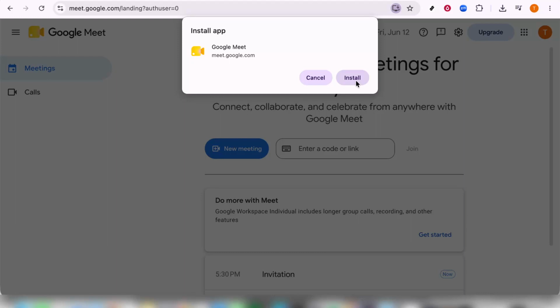If you run into any hiccups during installation, double-check your internet connection and ensure your browser is updated to the latest version. And there you have it. Google Meet is installed and ready to go on your Mac. Whether you're tackling your next